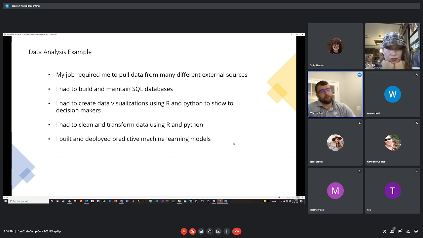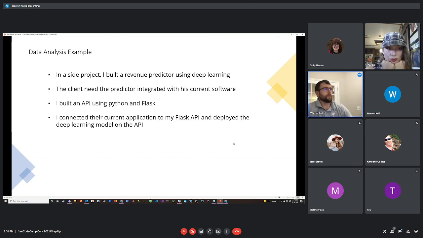And then along with the machine learning, I had to clean and do a lot of transformations of the data using R and Python, just as part of the analysis. I also did some machine learning models in my daily job. So as a data analyst, I was constantly in R or Python, it seemed like, the whole time. And so while I was still working as a data analyst, I took on a side project,